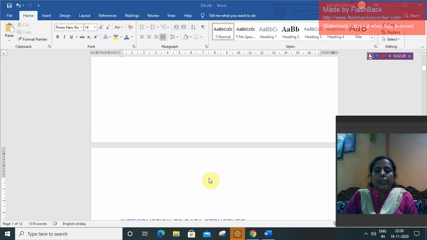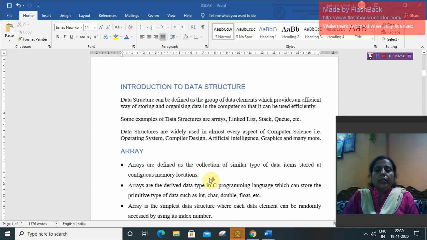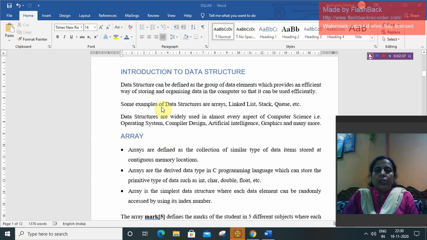So let's discuss the first unit. The first question is from array, so I will discuss array. First of all, introduction to data structure. Data structure can be defined as a group of data elements which provide an efficient way of storing and organizing data in a computer so that it can be used efficiently.